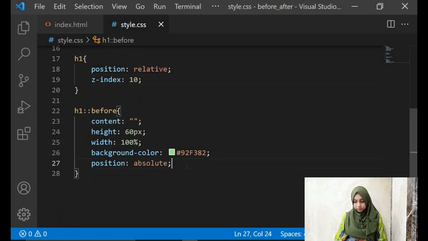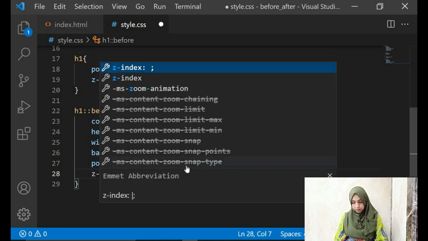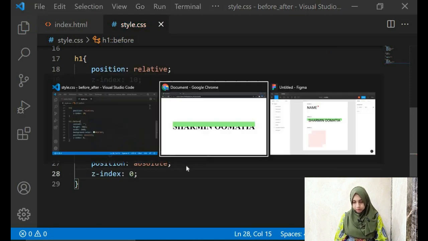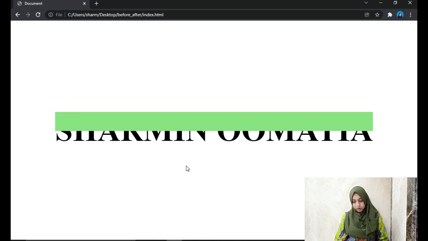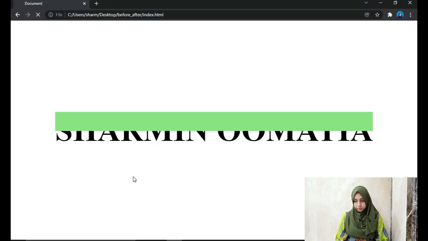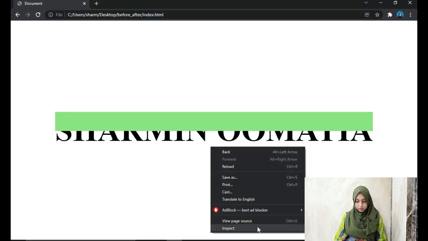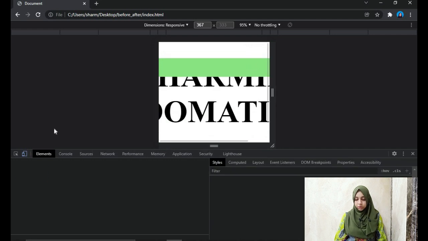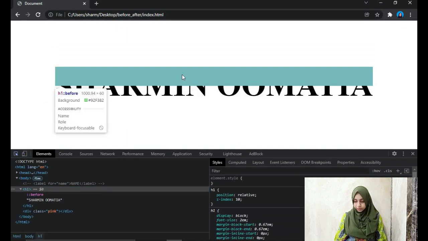Okay, so let's give this also a z index of, for example, 0. Okay, this should work. Position relative, it has a z index of 2. Let's inspect and see what the problem is over here.